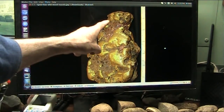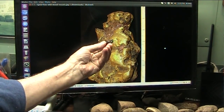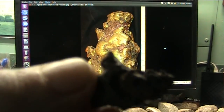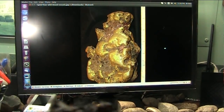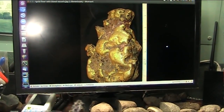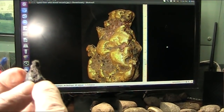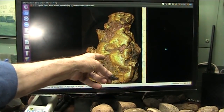All right, that is a fingertip, and that's one of the arteries. And there's one that is the exact same fingertip-looking thing. Of course, this one isn't gold, but it is identical, same structure, with that little post sticking out. Whoops, let me get a little light on there. That is the artery, or the vein, one or the other. See it? Now that's the pads on the bottom, and that's that little stub sticking out, just like it is there on that one. Now, this apparently was in the lowest part